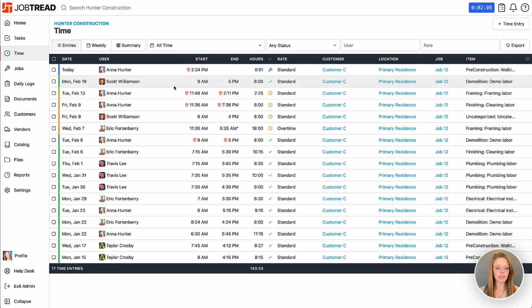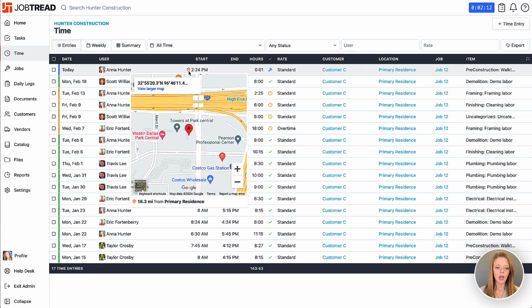Some other indicators to be mindful of are these little location icons. When I hover over this location icon, it will show me the distance that this employee is from the job site that they're clocking into. So I'm 18 miles away from the job site, and that's probably questionable, so that might be something to follow